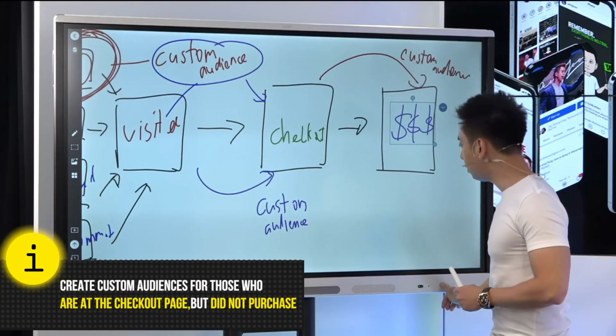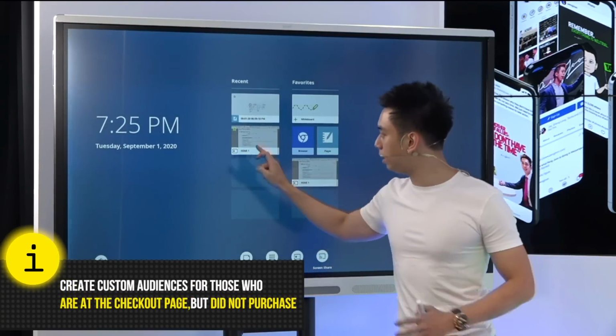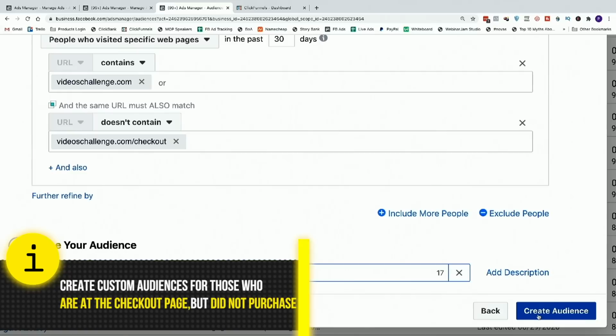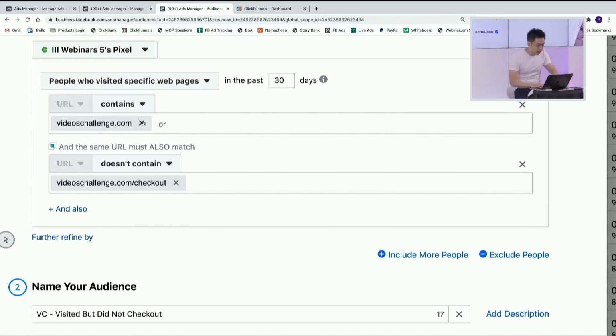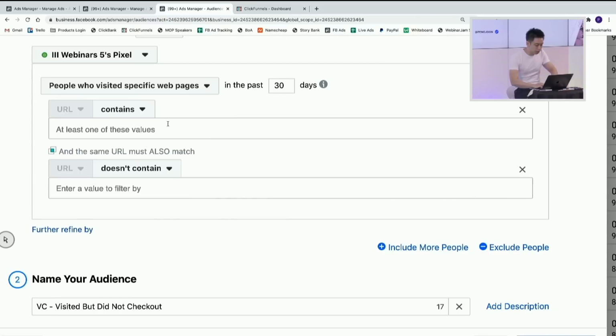How do I do that? Same thing. I'm going to rinse and repeat this same process over here. And the way it looks is literally, right? It could now be, again, this is a placeholder. I don't know if these links are the actual links, but it could be the videos challenge checkout page, but they didn't go to the